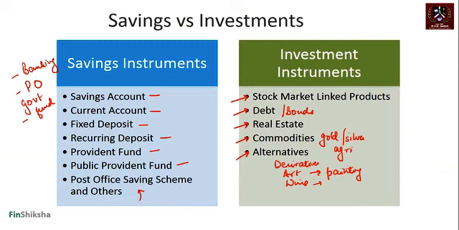So these are all the primary investment instruments. We'll be most concerned about the top four. Alternatives would probably go beyond the scope at this point of time. Within the top four as well, most of our time would stick to stock market and debt for all practical purposes, right? Let's first look at what kind of savings instruments are available